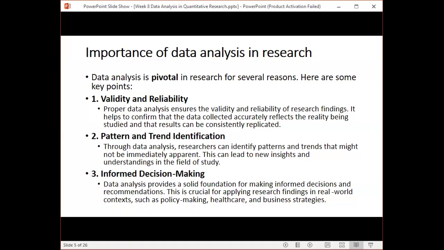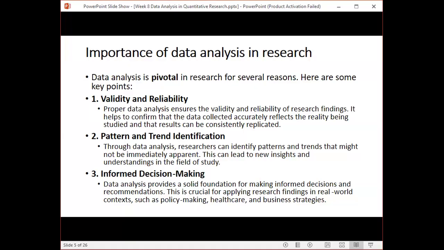Okay, it can help you make informed decisions. Once you analyze data, whatever conclusions you are drawing can be used to make informed decisions. Based on that, you can recommend as well. So conclusions come, you recommend based on your conclusions, and it's crucial for